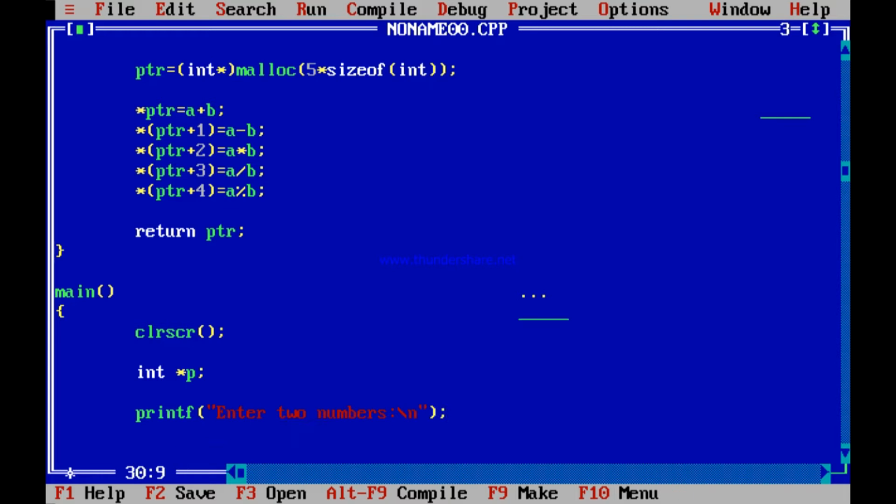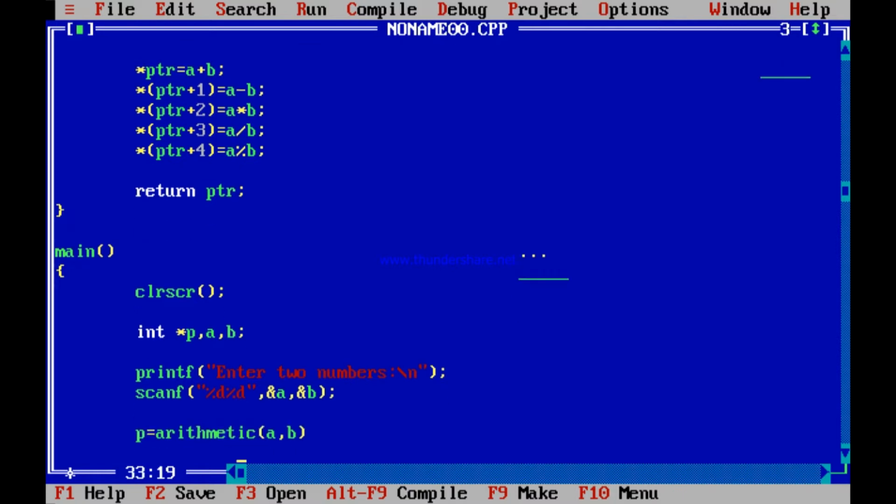And then I scan those 2 numbers, scanf %d, 2 numbers I need to scan. Where will I scan? Maybe into integers a and b. I need to declare those 2 integers a and b. Now those 2 are integers.